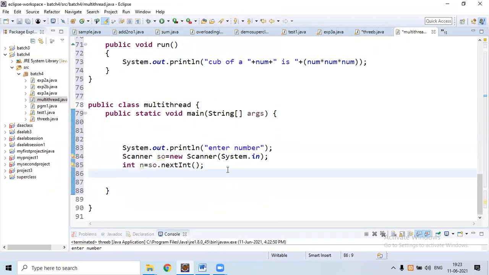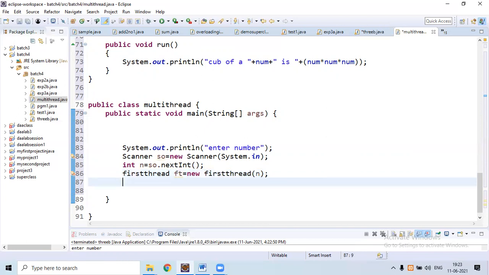So here create object for first thread, ft equal to new FirstThread, then pass n value in constructor part.